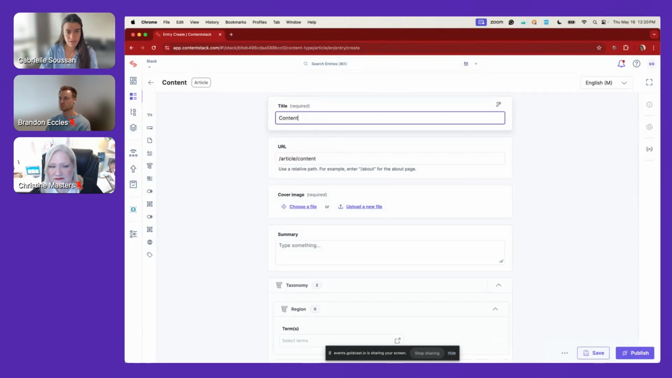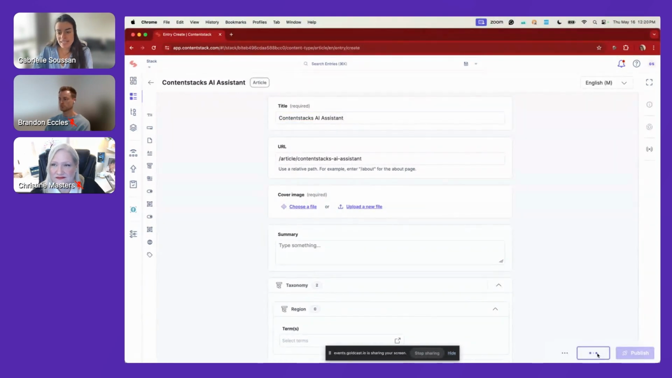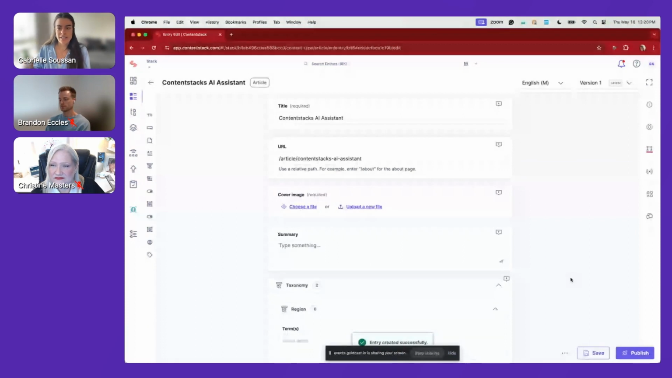So let's say I'm acting as a Contentstack marketer, and I want to write an article for Contentstack's AI assistant, as that is what we are talking about today. So I'm going to go ahead and give this a title. We can see our URL is auto-generating. I'm just going to click save right here,